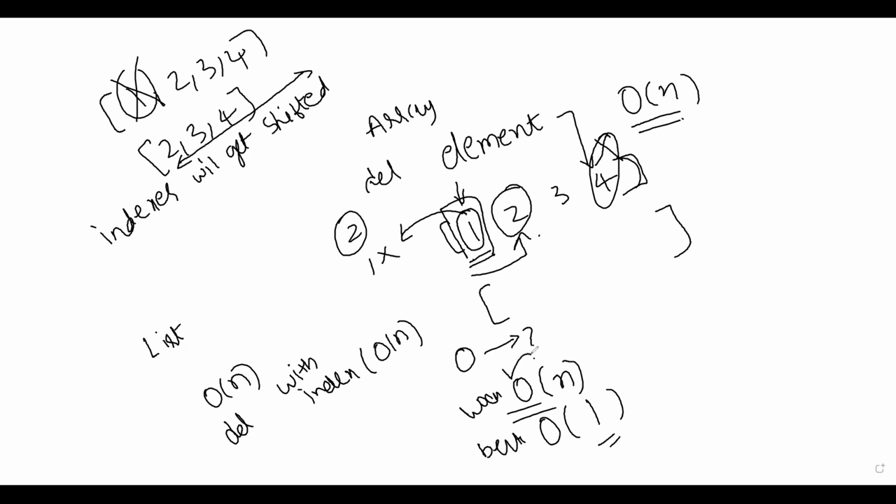So we always consider worst time complexity. We always say it is O of n, but particularly when an interviewer asks you, if an element is at the end of an array, what would be the time complexity? It is always O of 1. Clear? Raj, is that clear for you? Okay.